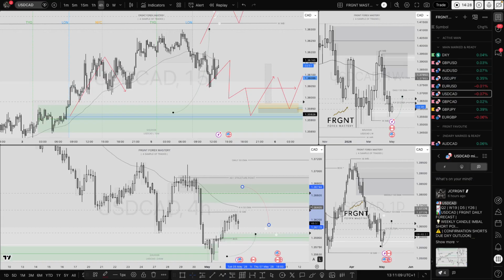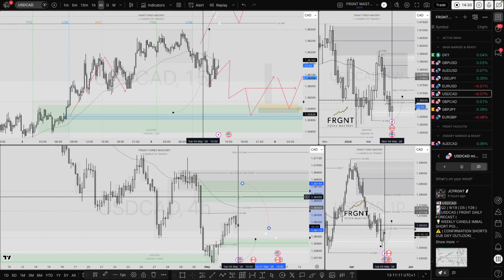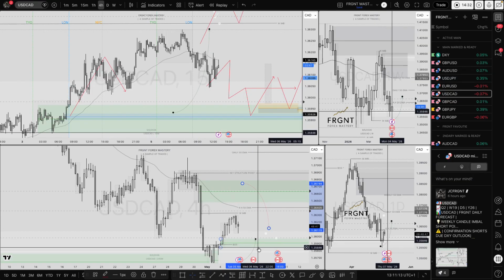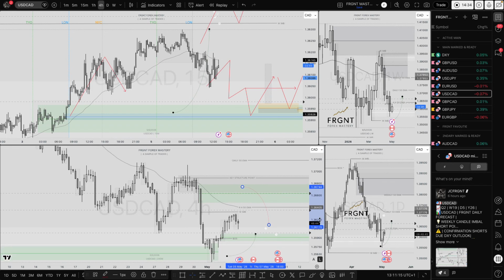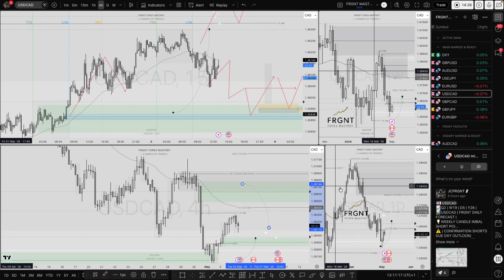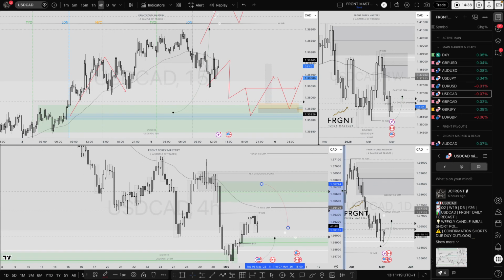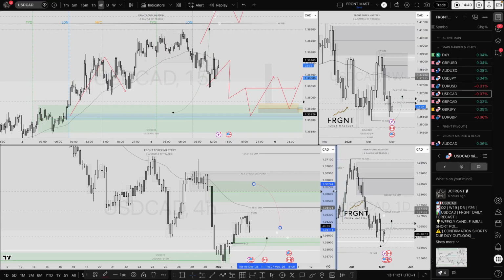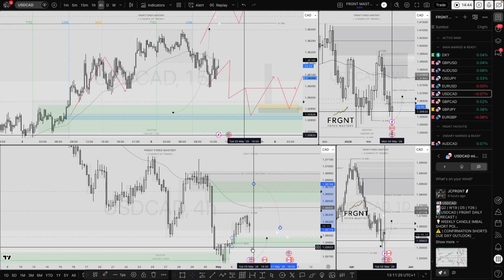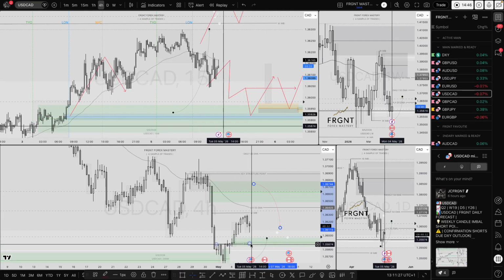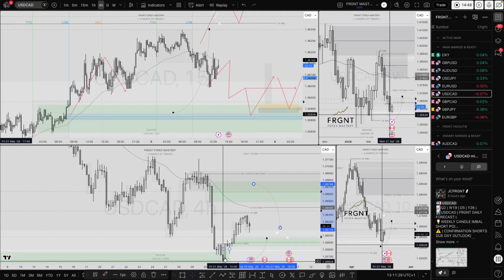So with that said, I'm most certainly looking at this as a trading range. However, I am very much more inclined to take the longs over the shorts. Longs trading in line with the higher time frame directional thought process of the DXY. So again, why this 4-hour order block, where it's the only 4-hour order block remaining in this entirety of the